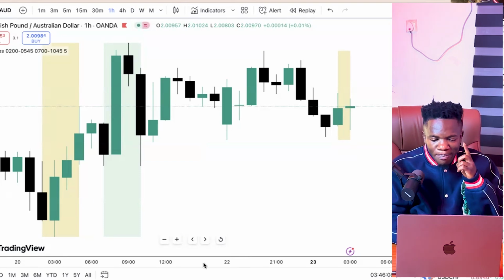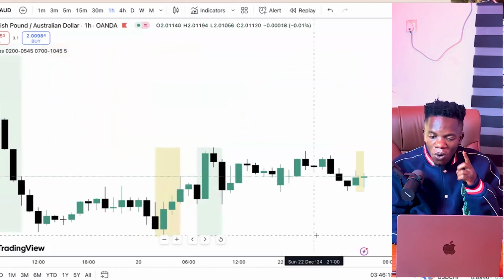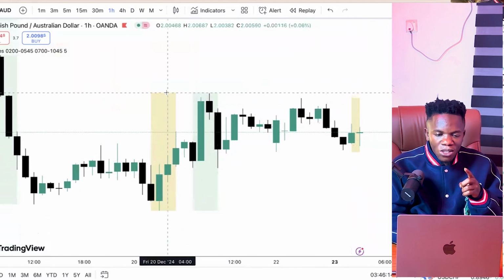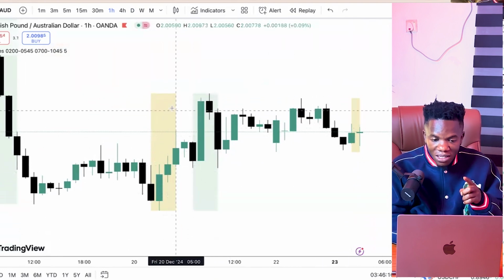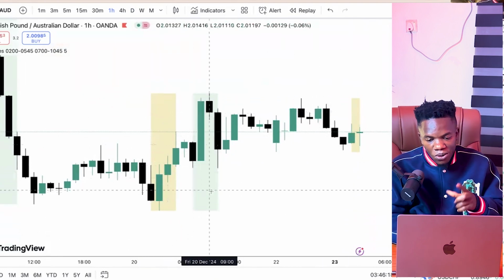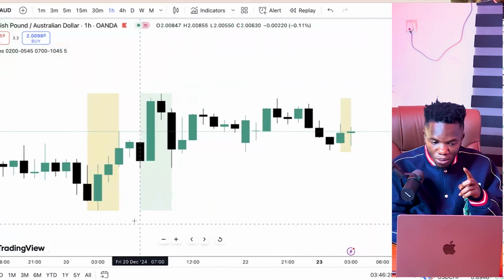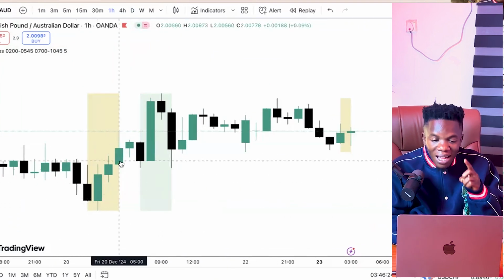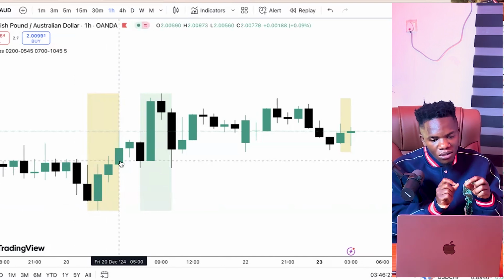Now, 90% of the time your low of the day or high of the day will be formed just inside this London key zone. You can see the London key zone is the yellow shaded area, while the New York key zone is the green shaded area. You can see this bullish day, the low of the day was formed inside this London key zone. After this low of the day is formed, you know what to do next.